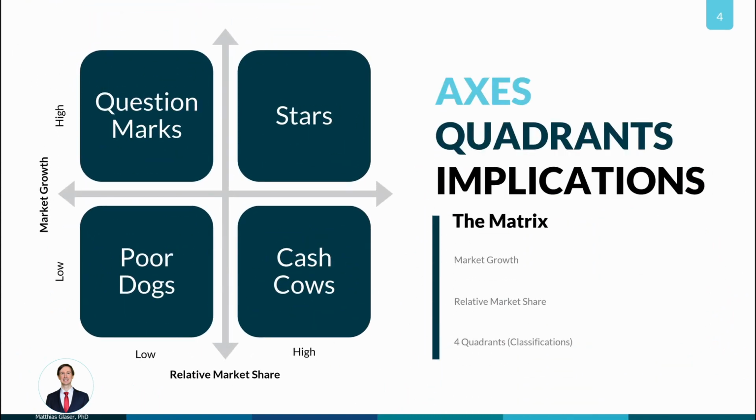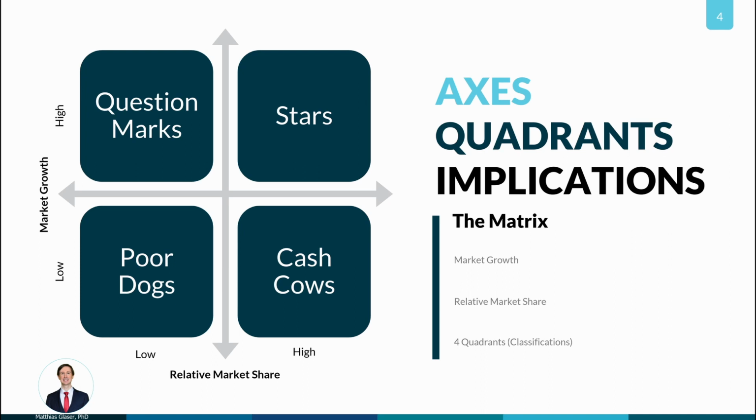The name of the growth share matrix indicates its axis, as you can see here. You plot relative market share on the x-axis and market growth on the y-axis. This creates 4 quadrants. The intersection of the axis divides into low and high market growth and into low and high relative market share. Depending on a product's market growth and relative market share, it will fall into one of these 4 quadrants. Depending on the quadrant, there are different implications for managing the product, such as divesting or investing